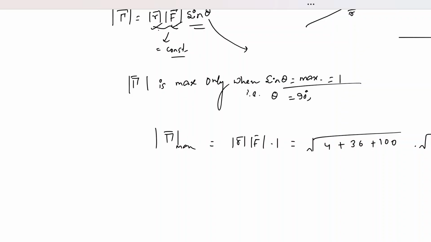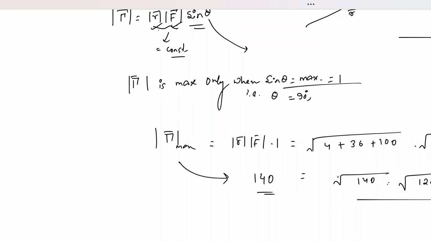And with a simple multiplication, F mod is 100 plus Fy squared plus 25, right? So this part is giving you root over 140, and this part is giving you root over 125 plus Fy squared. Now your tau max, the maximum value of tau given in the question, is 140. So 140 is your left hand side that is given in the question, and on the right hand side you have one unknown variable, which is Fy.